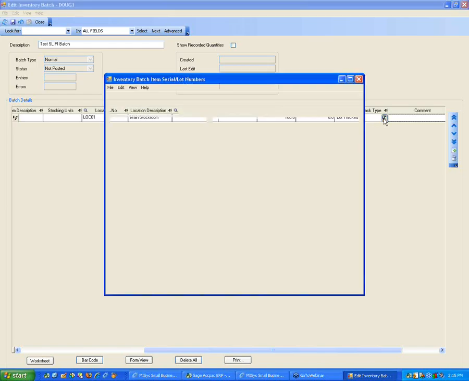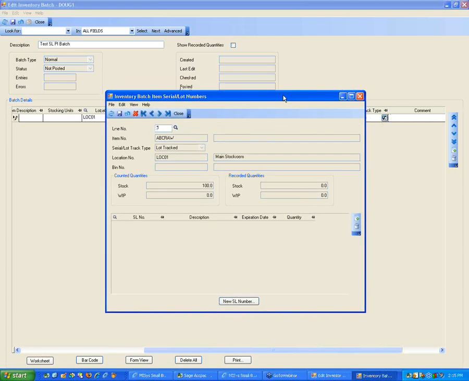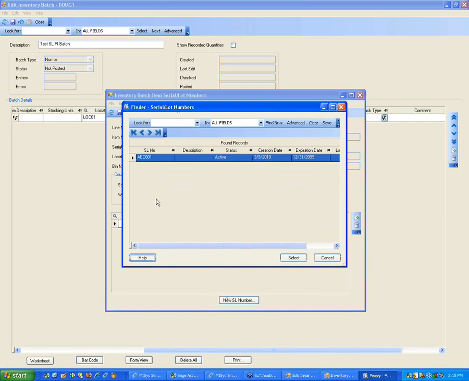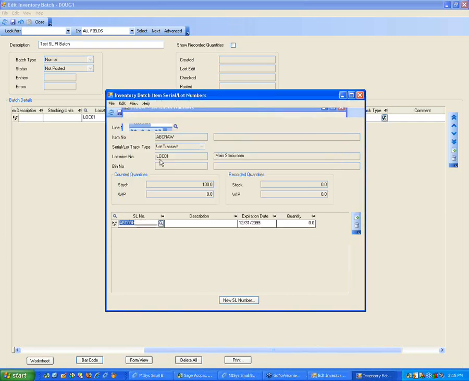So in this case, we're going to click the drill down. All right, it says ABC raw, lot tracked at this location. Your quantity is 100. We're going to say new SL number if I wanted to create a new one, or I say add new line, pull up the finder, and it's going to show me any existing lots for this item. Select the lot, put the quantity in,